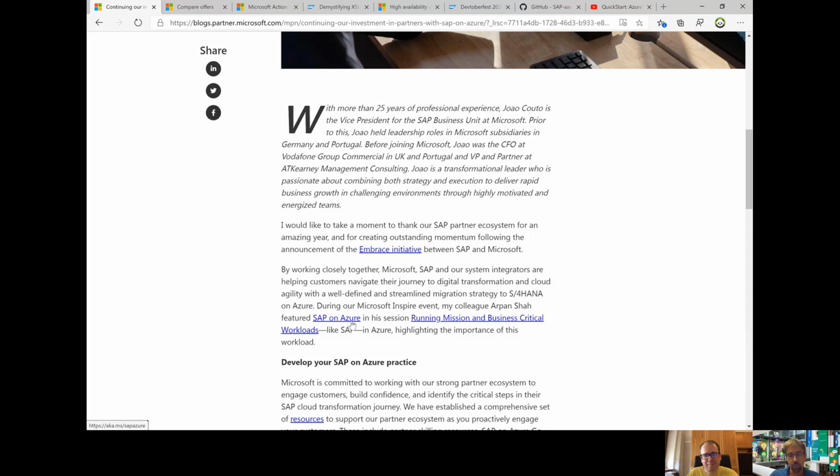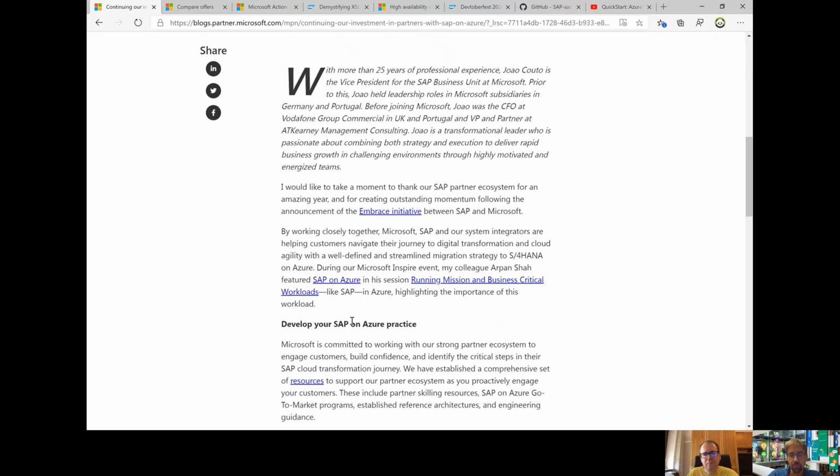But what is really important is our collaboration with the partners, because in most cases we see the partners doing the implementations with the customer, doing the migrations from the SAP system on-prem into Azure, and operating and managing the landscapes in the customer's environment. So it's really something where partners play a very, very important role.